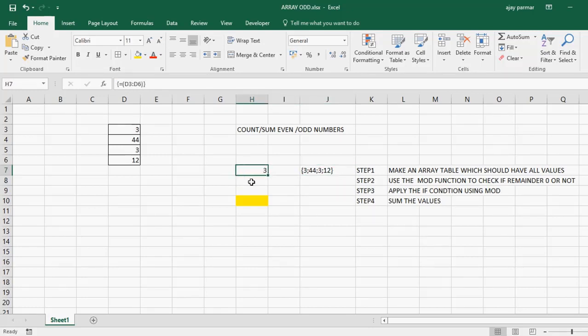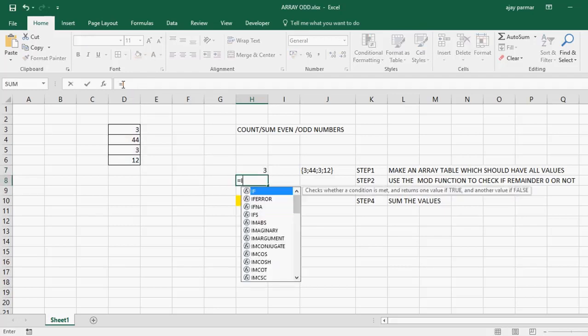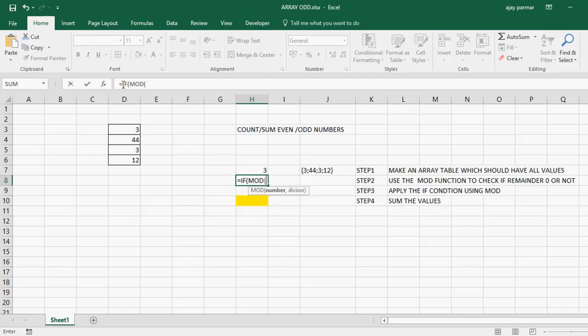Well, step 2 is to use the MOD function to check if the remainder is 0 or not. So now here I will put the IF condition. I'm going to copy this, and this is what we will do. Now I will use the IF function, and I will use the MOD function, and then I'll insert this entire table. So I will say that if the divisor is 2, if the output is going to be 0, then what